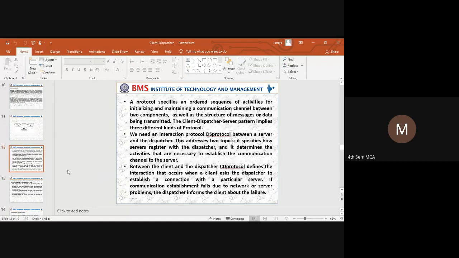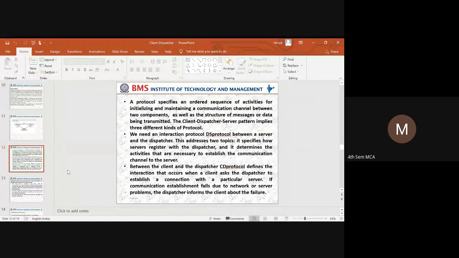So why do we need this set of protocols? These protocols specify the ordered sequence for performing some of the activities, such as initialization, maintaining the communication channel, and message exchange between the components.